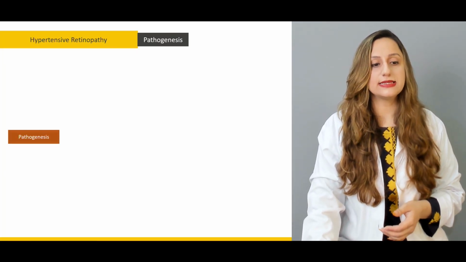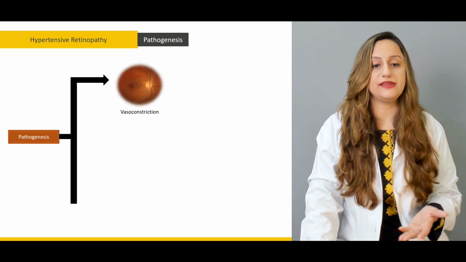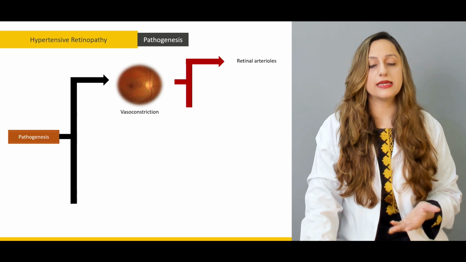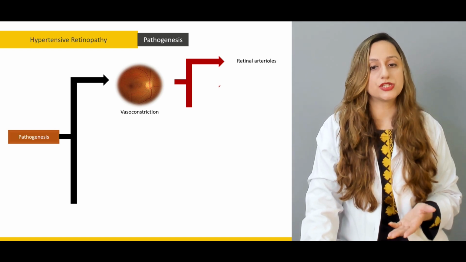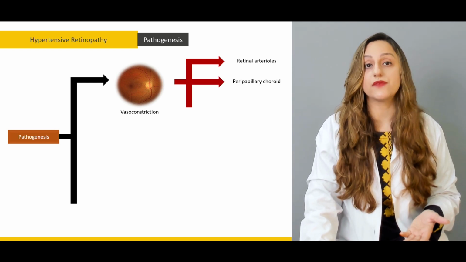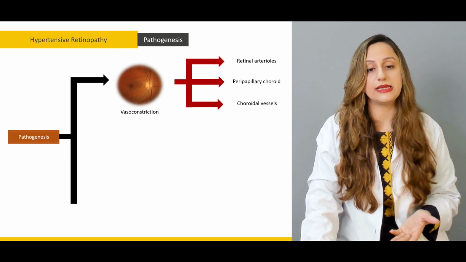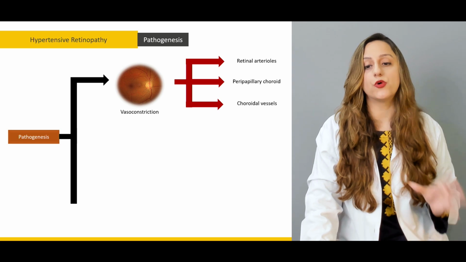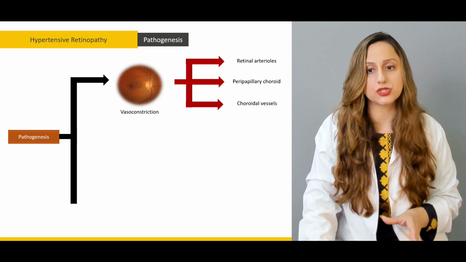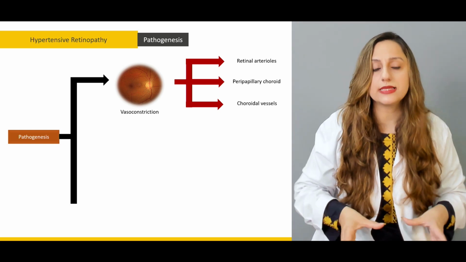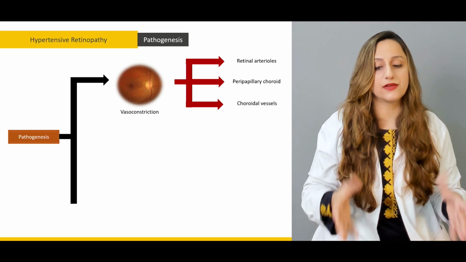The pathogenesis would basically be the vasoconstriction that is occurring due to the hypertension. It is resulting in the retinal arterioles being constricted. We can have the peripapillary choroid arterioles being constricted, and then the choroidal vessels being constricted. All of these constrictions are going to result in a compromise of blood flow towards the retina, and finally,